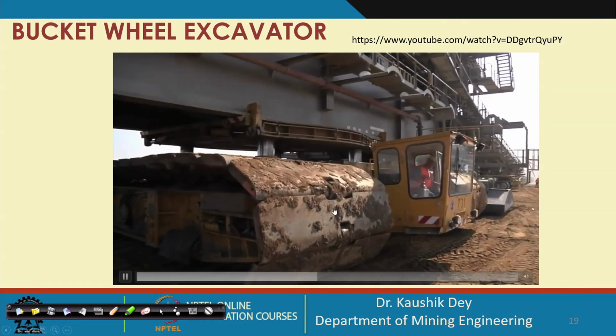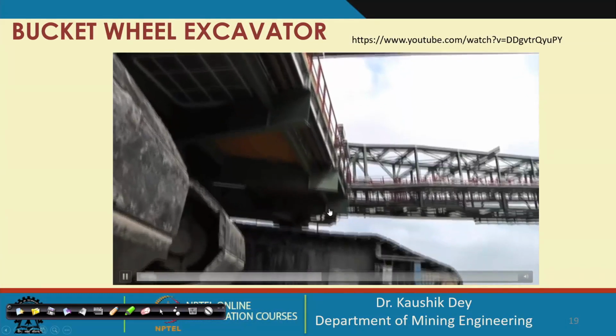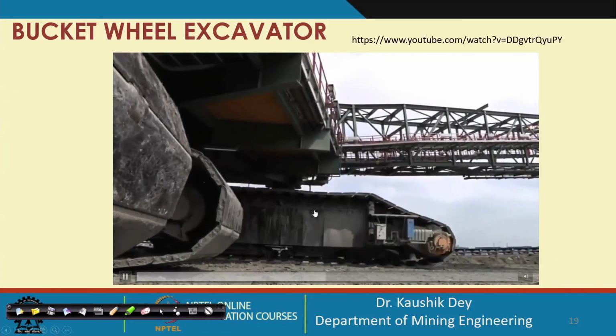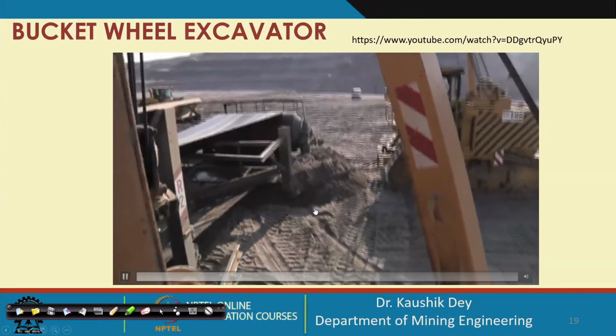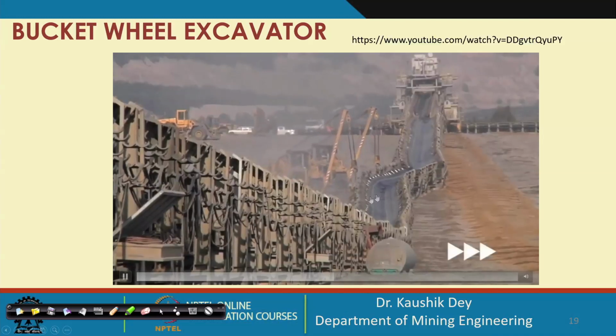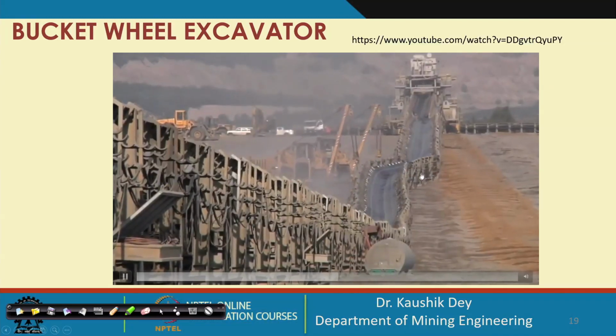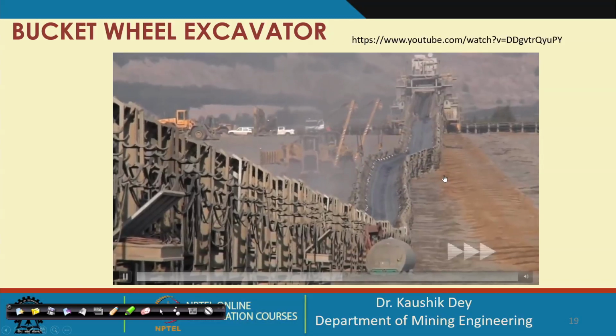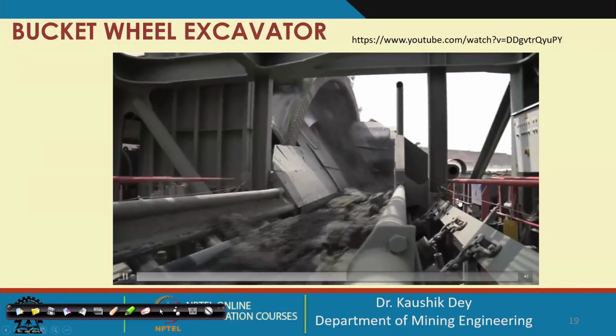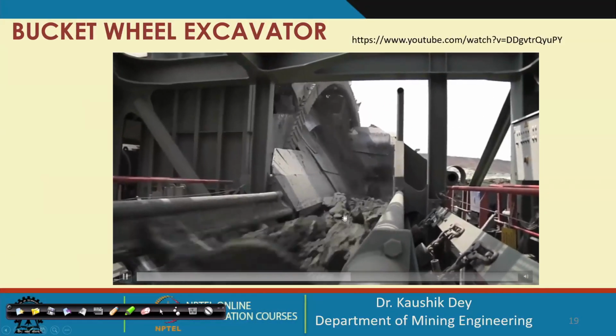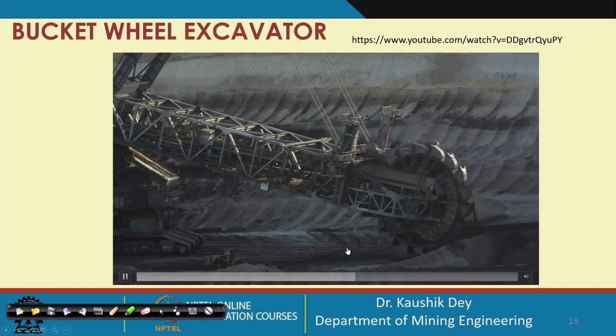And this is how the bucket wheel excavator moves. So, this is a huge crawler mounted machine. The crawlers move, and this is how the shiftable conveyor is rapidly shifted from this position to this position. This is the primary conveyor taking the material from the bucket,